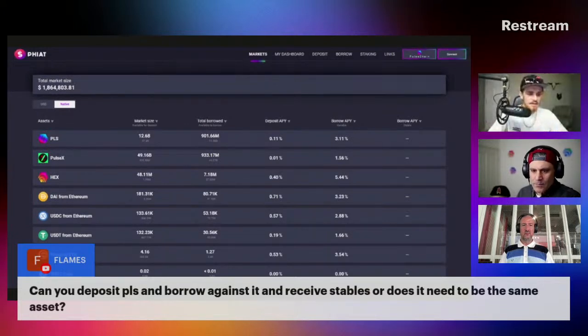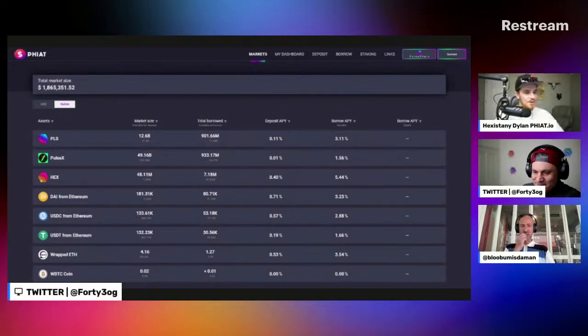The more assets that you can deposit and borrow on this that are blue chip for the chain, the better it is. So obviously you don't want the shitcoin of the month on the platform. Of the week. Yeah, exactly, of the week. That's sort of where we're at the moment. Precisely. You want things that are going to hold their value, that have a real use case, that are not going to be a problem for you in the future.